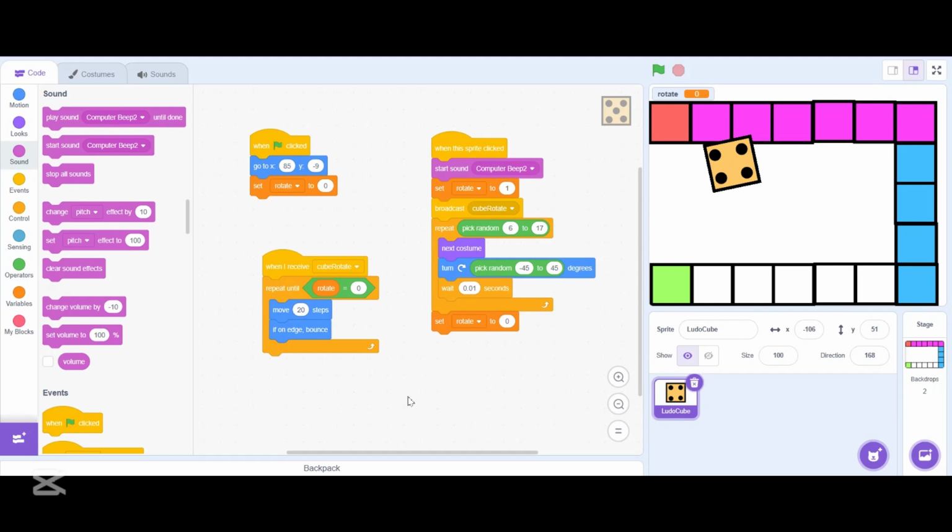And the next thing is, we need to stop the sound also. Let's drag it, put it just below here. So if the rotation has stopped, then we need to stop the sound also. Now let's try our final code. Click on the green flag, and if I click on the Ludo cube, yeah,